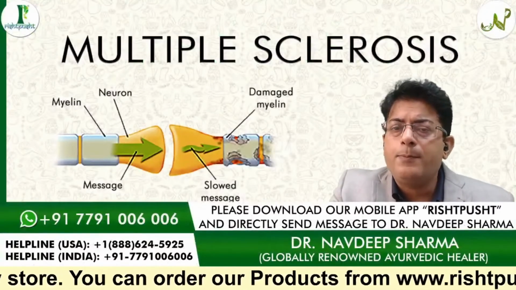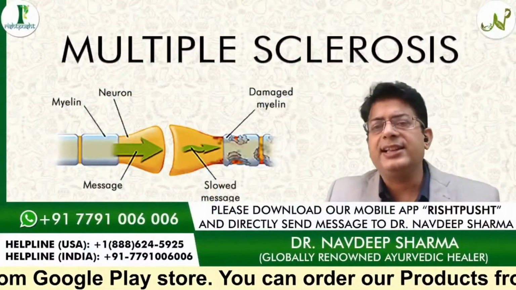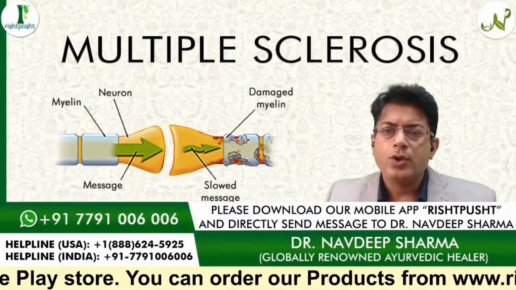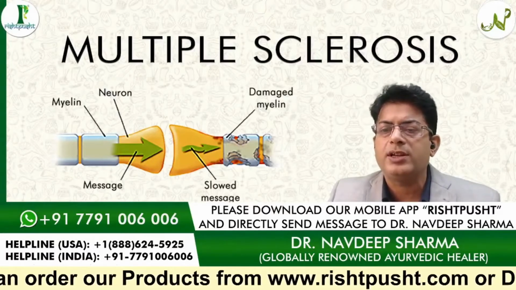Now if we compare the nerve cells, you can see a normal nerve cell on one side and the multiple sclerosis nerve cell on the second side. You can see how the outer covering of the nerve cell is damaged in a patient who is suffering from multiple sclerosis. So as I said, in allopathy, although steroids are administered for a patient suffering from multiple sclerosis,